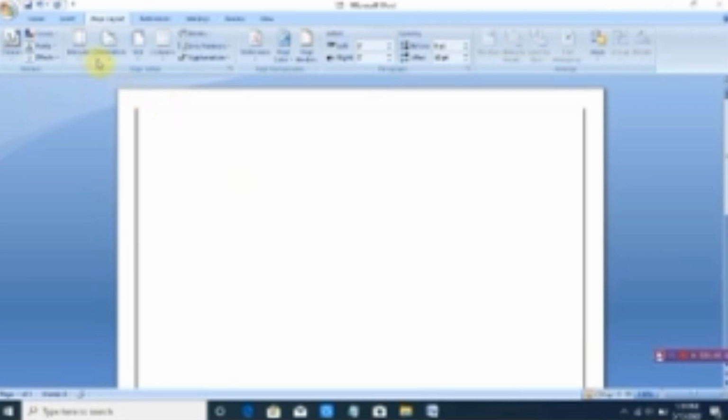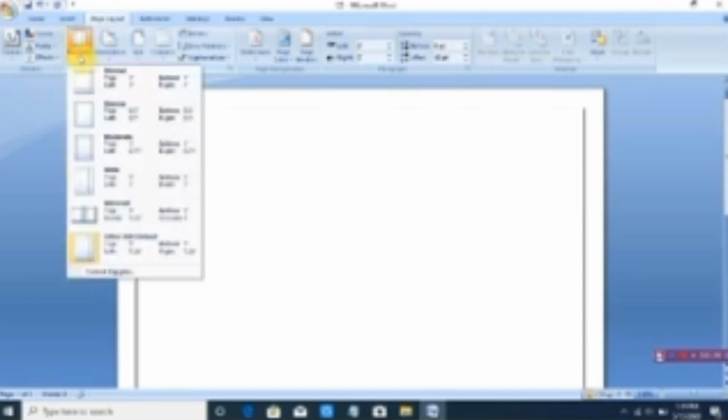Now I want to change it. So first we will go here to the page layout option. You can see here margin, orientation, size and column. Suppose I want to make some changes in the margin. When I click over the margin, you can see different types of pages appearing here: Normal, narrow, moderate, wide, mirrored and Office 2003 default. Default means this is the size of the page when we create the file, by default this size appears.